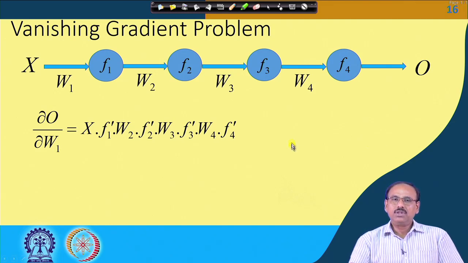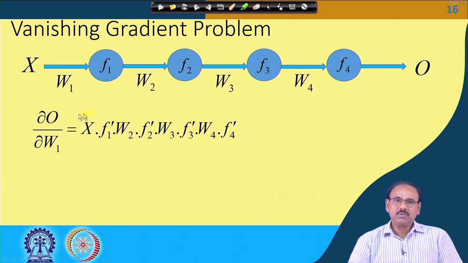So, if I want to update this weight vector W1 so that the error at the output is reduced or minimized, then I have to make use of the gradient descent approach, or I have to find out the gradient of the output error with respect to W1. Similarly, for updation of W2, I have to find out the gradient of the output with respect to W2, and so on. And when you try to take the gradient of the output, a term comes which is the gradient of output with respect to the corresponding parameter.